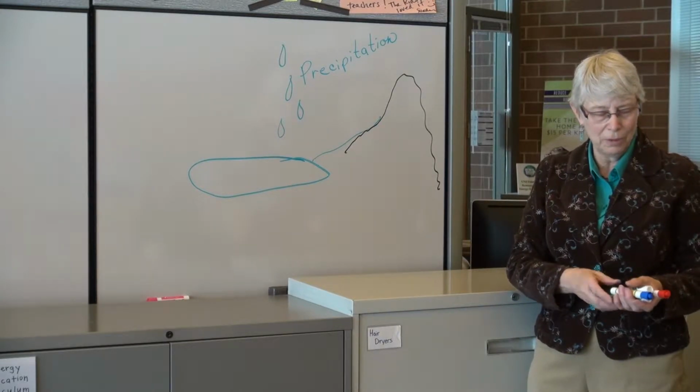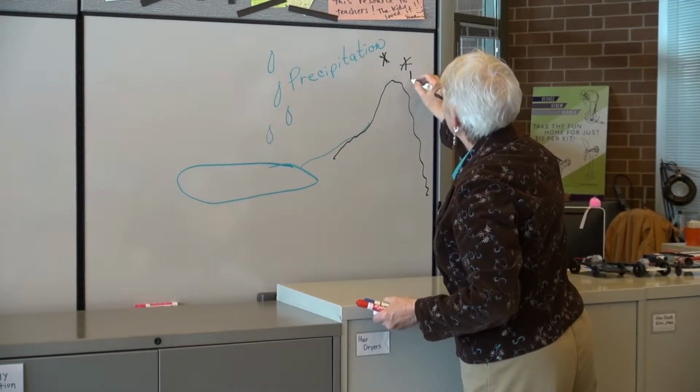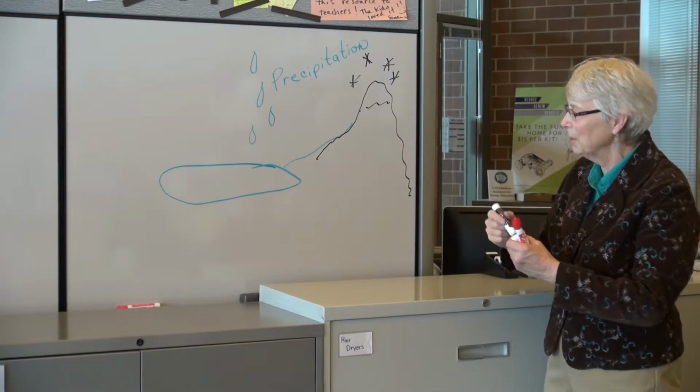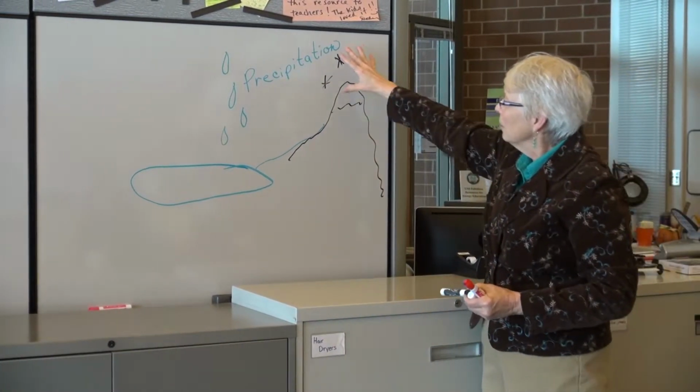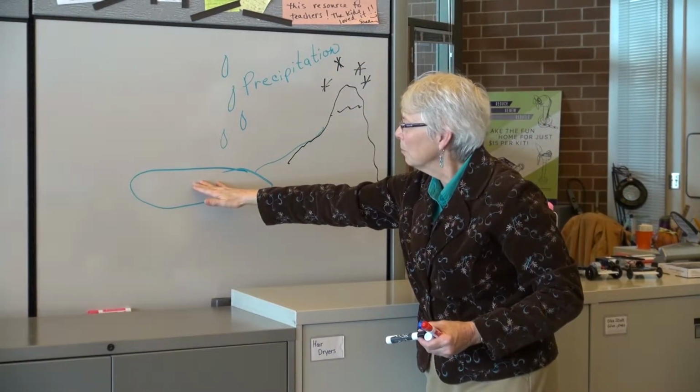So if it's not rain, what else might I have? Might have some snow. Might have some snow, and that's why I put a mountain up here, because that way we can have some snow on the mountain. So a little bit of a snowy mountaintop there. Okay, so I've got my precipitation, I've got my water cycling down into the lake, but how do I get